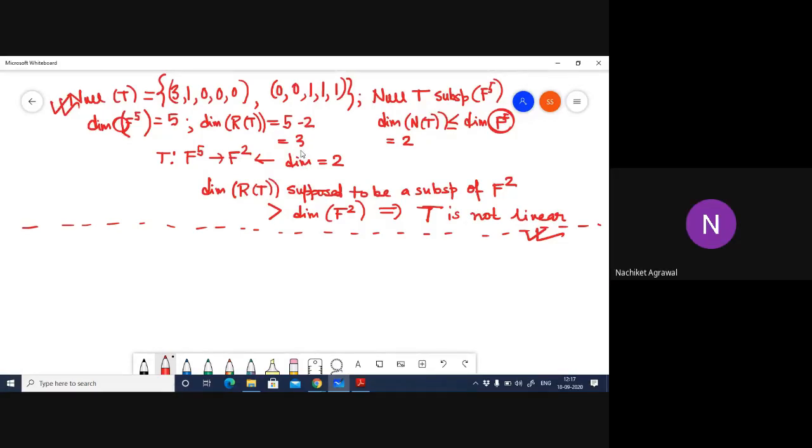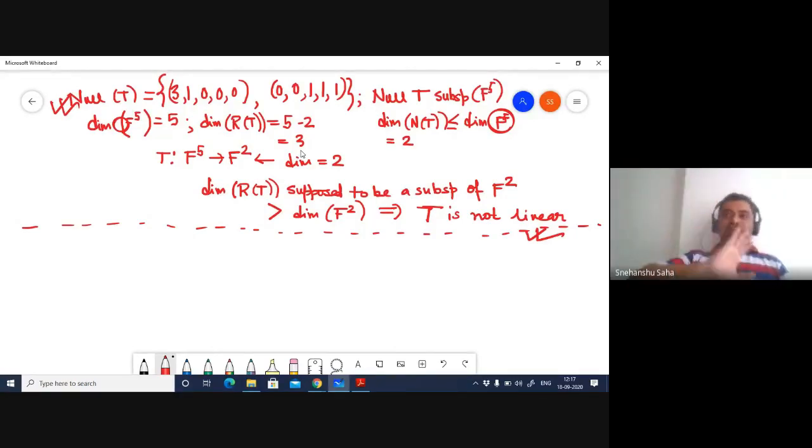What are you talking about? In a non-linear map it is not possible, no? Because, no, the range you don't know that. You do not know that. The dimension of V equals the dimension of the range of T plus the dimension of the null space of T. This identity might hold for infinite dimensional subspaces also.